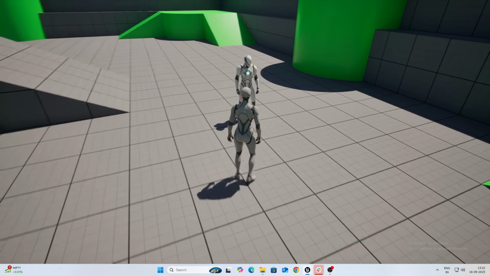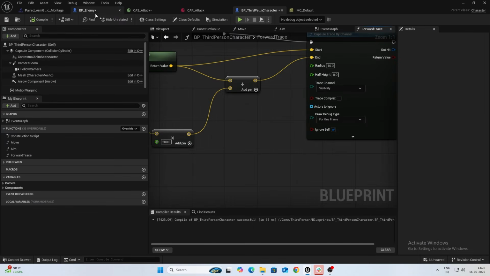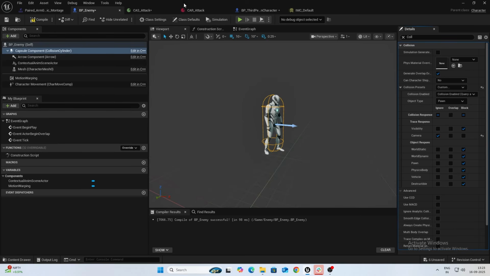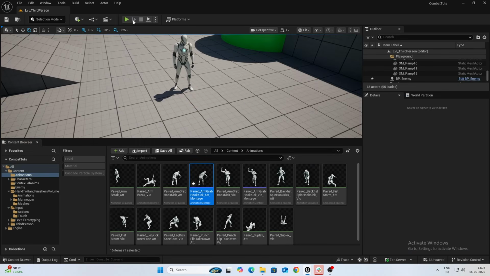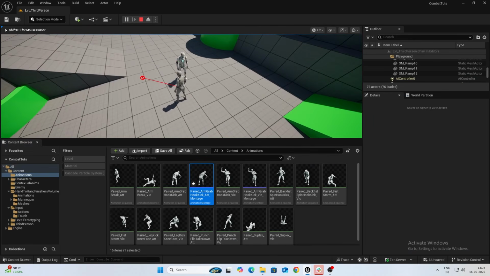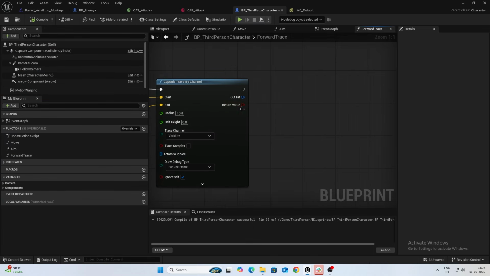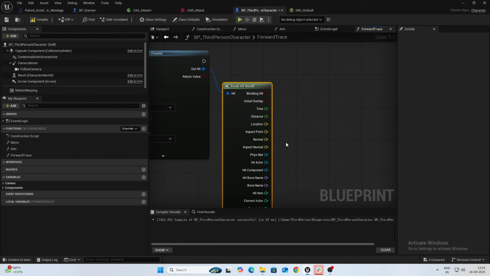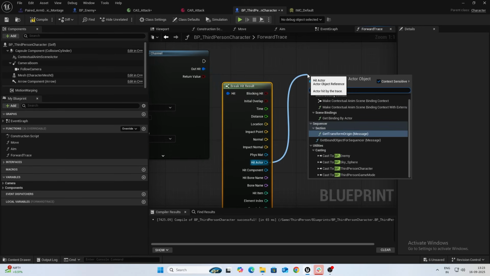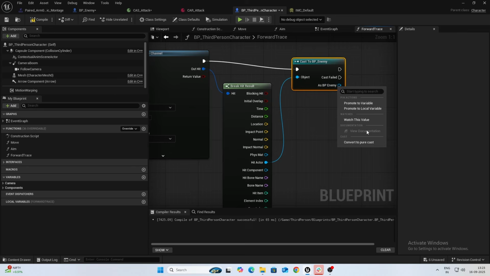What we want to do next is enable the visibility channel for our enemy. You can do block. All right. So it should now trace. Yes, perfect. Now let's go ahead and break your hit result and hit actor. If it's, let's say, VP underscore enemy 1, you want to promote it to a variable,